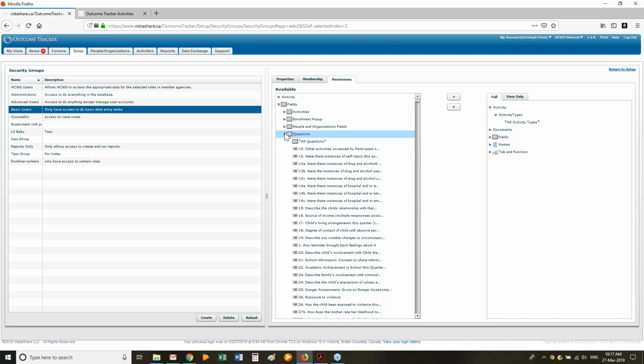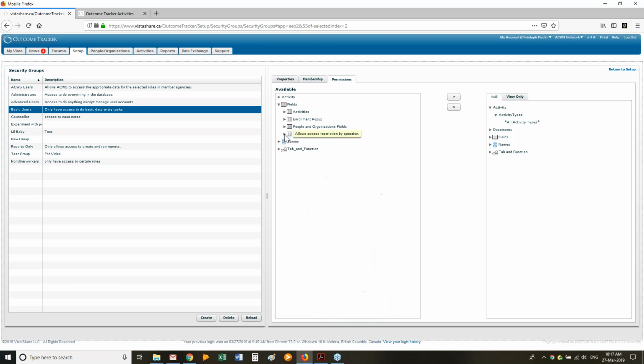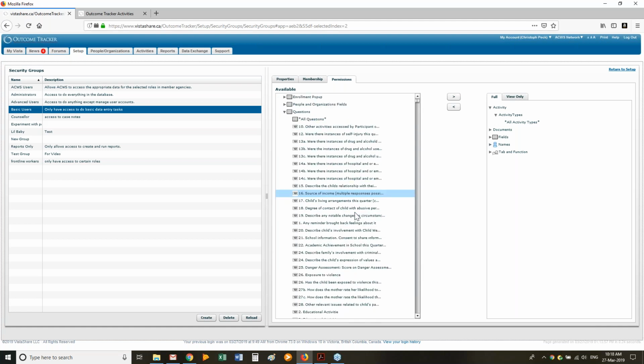I will say you probably won't be using this very often. This is a very precise way to edit security users' permissions. And I'd say it's like doing it on expert mode. I have never used this, and so as an ACWS employee, I've never done securities and permissions this way. You certainly could if you wanted to, but I never have, and so probably you won't want to either, but maybe you will. But basically, you can restrict users'